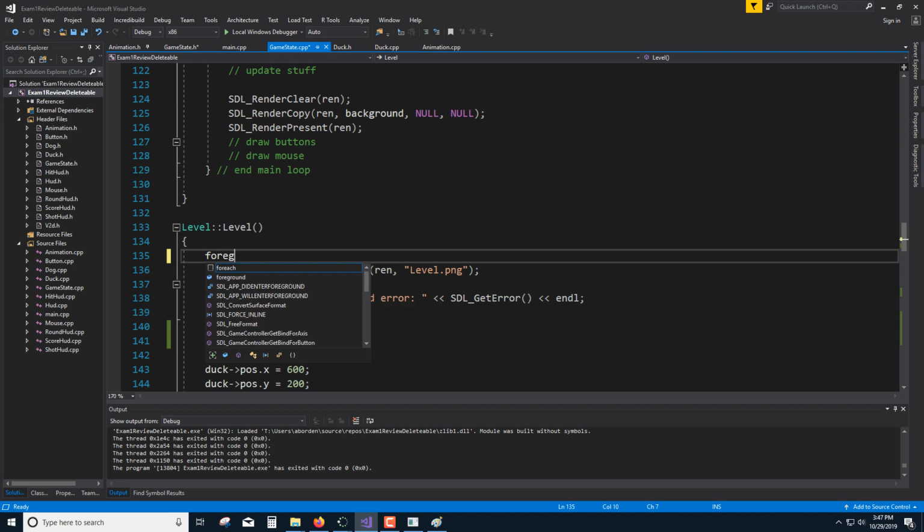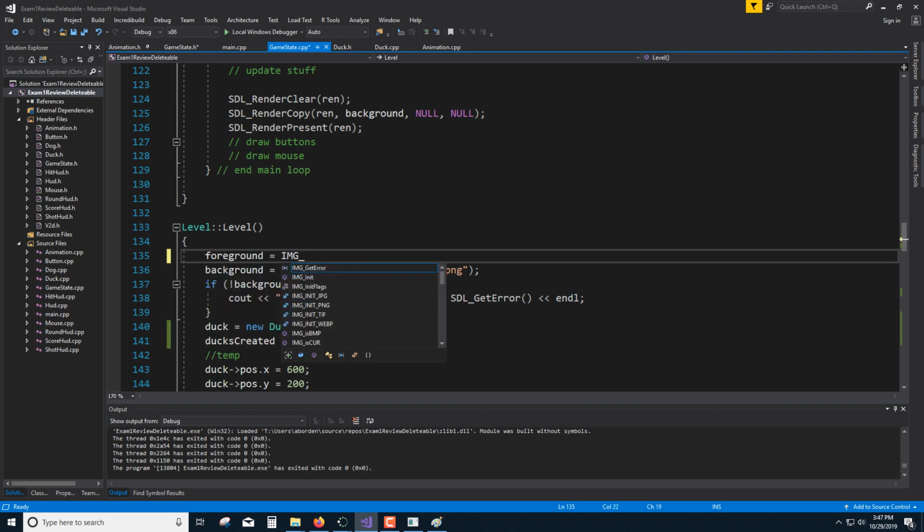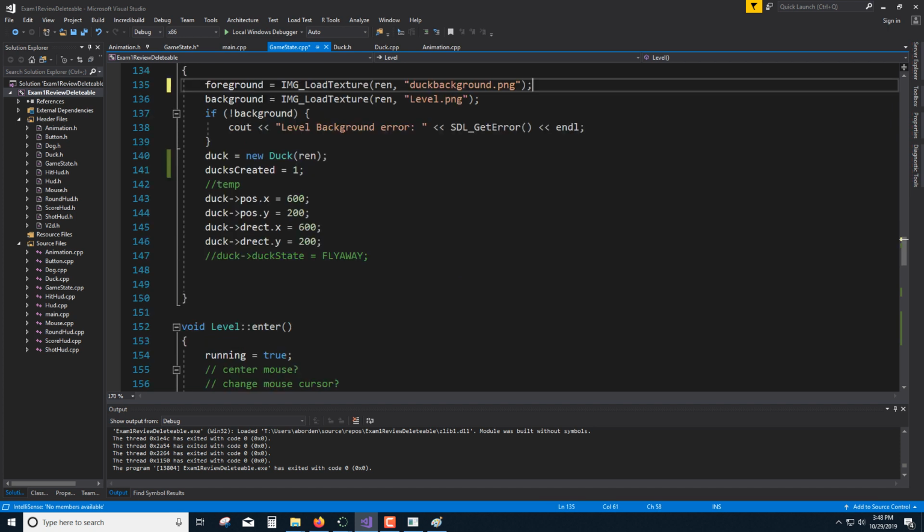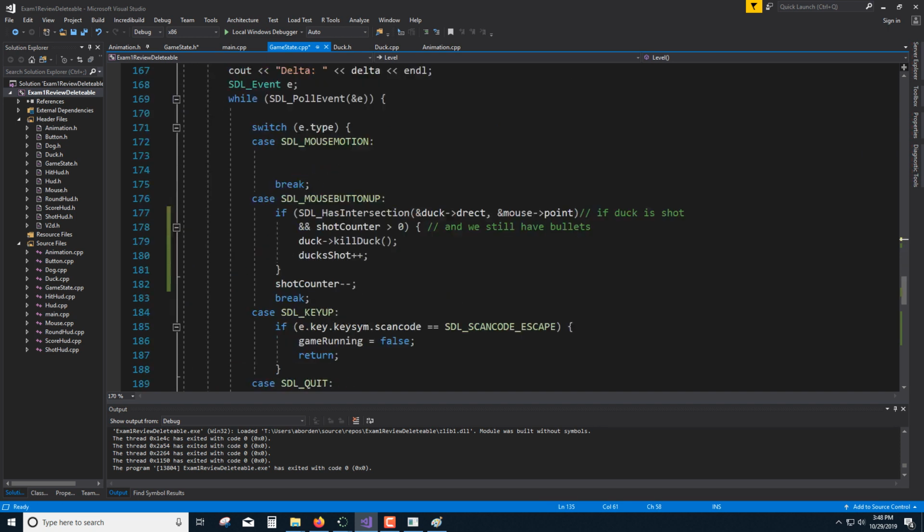Foreground equals IMG_LoadTexture, renderer, and the file name, which I think I said it was duck background.png. And then in draw,